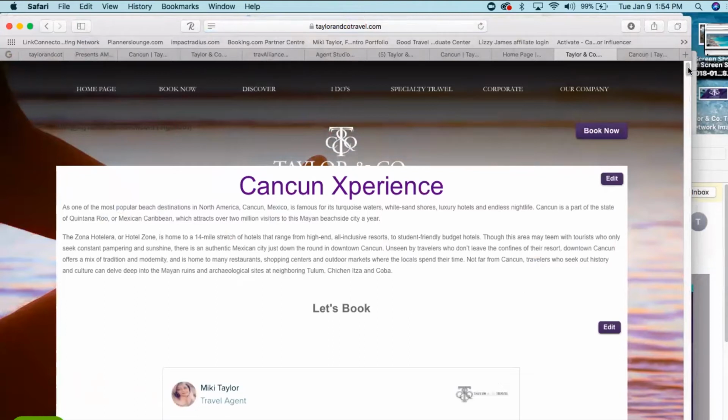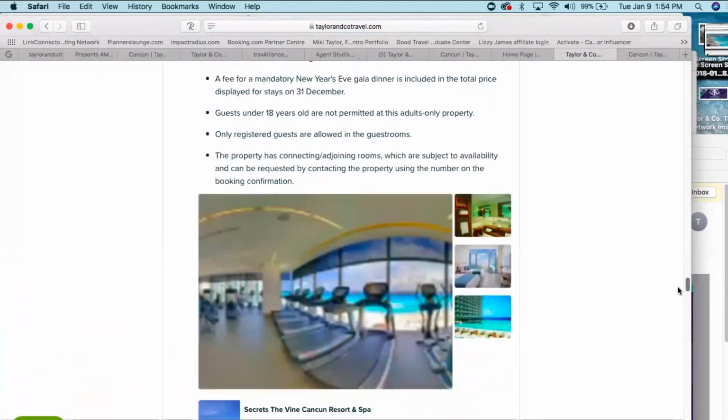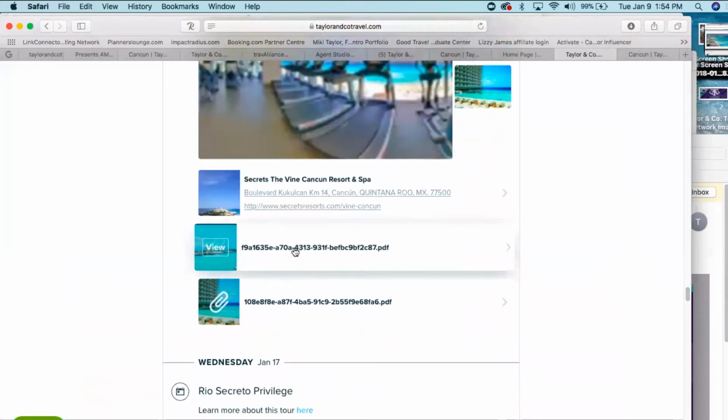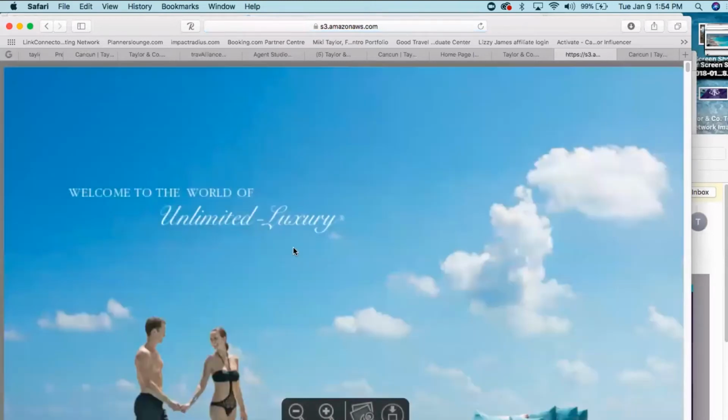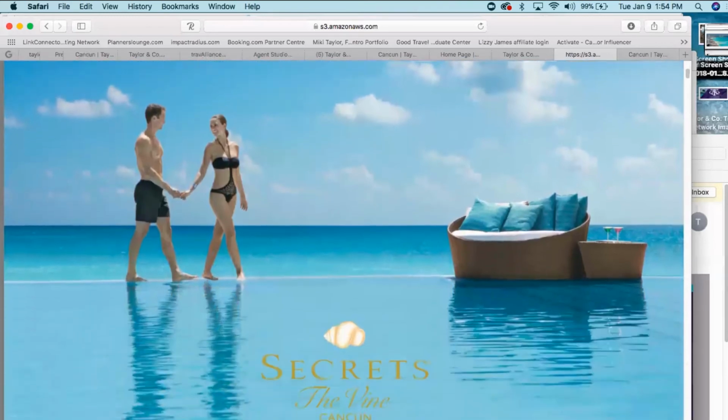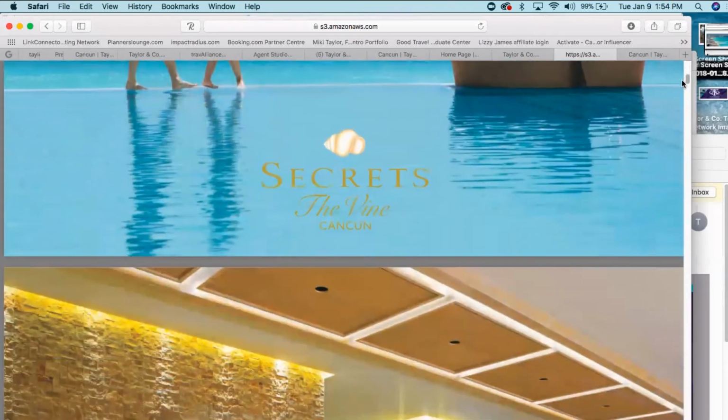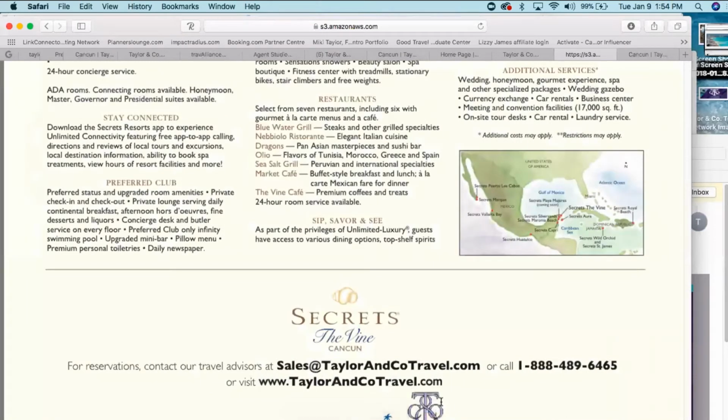Okay, and at the bottom, when we get down here, this as well is an active link. It was uploaded into the itinerary, so they're going to be able to click that, and here is the brochure for Secrets Divine. And I can scroll to the bottom, and now you can see that I have my agency information. This used to have AM Resorts information here, their website, their email address